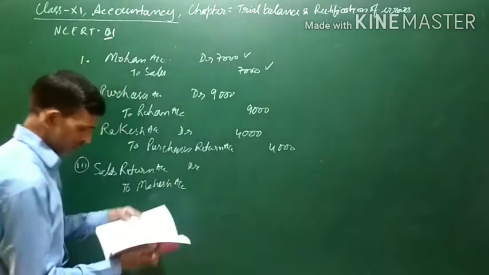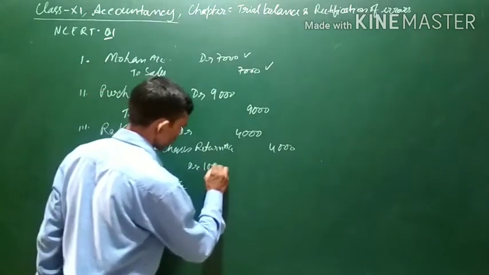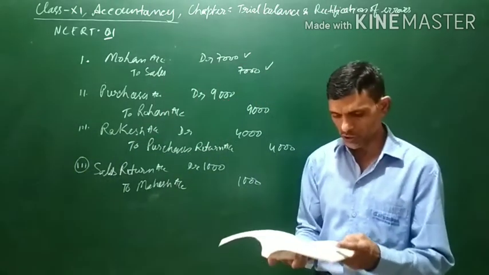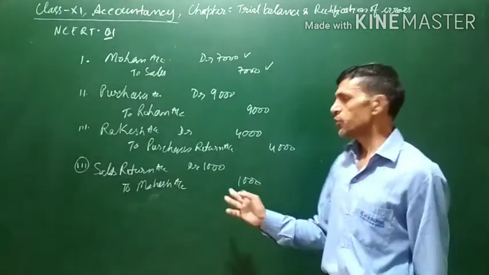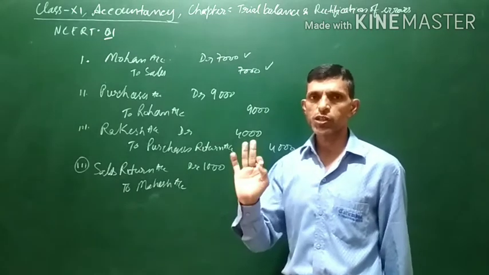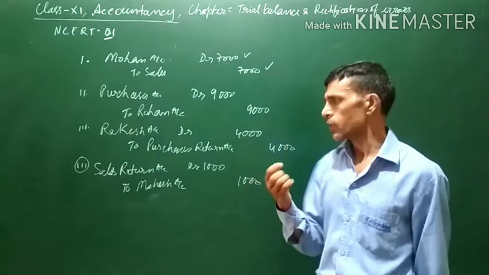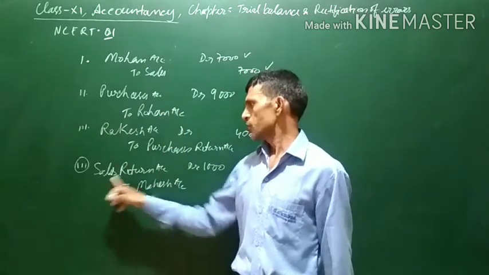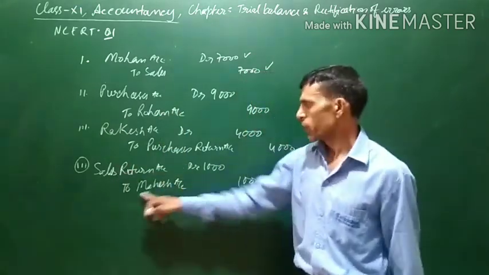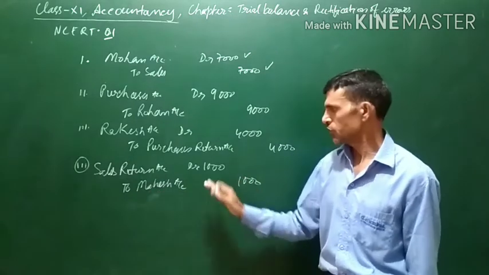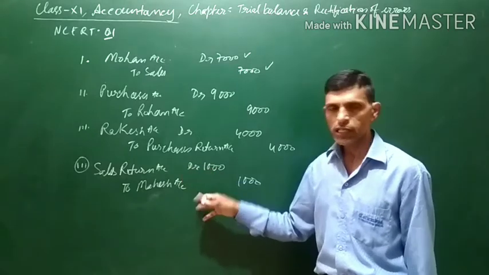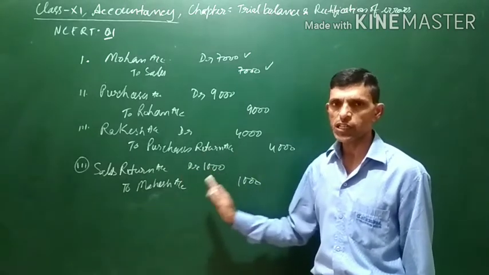To Mahesh account. Amount is 1,000. Now here the question is goods returned from Mahesh. Means Mahesh has returned the goods. Whatever we have sold to him, he will be returning to us. So here it says return will be debited to Mahesh account, and this was not recorded, means this journal entry was not written in the books of account. So we will write this journal entry and it will be considered that it has been recorded.